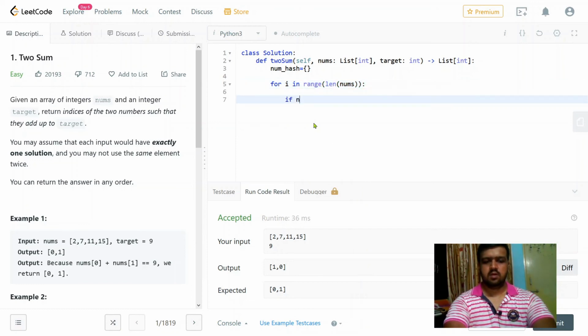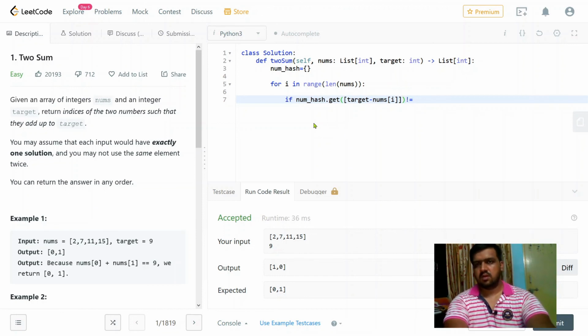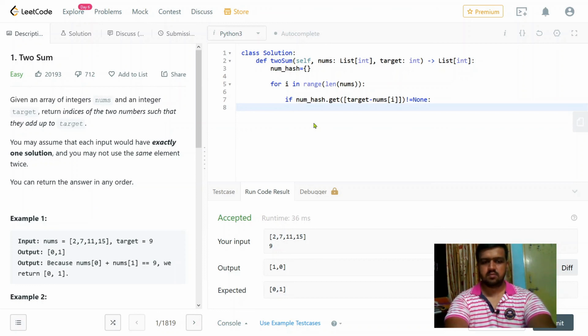If num underscore hash target minus nums of i does not exist, sorry, not this way, but we have to use the get, since it might happen that the number does not exist in this particular hash, and we will get a key error in Python. If we want to avoid that, then we have to use get. So get will return none if the number is not present, else it will return the particular index. So if that does not exist, then